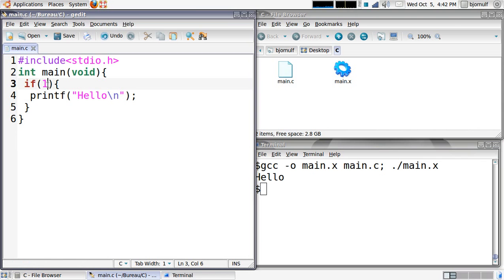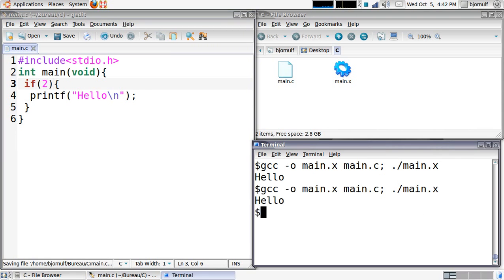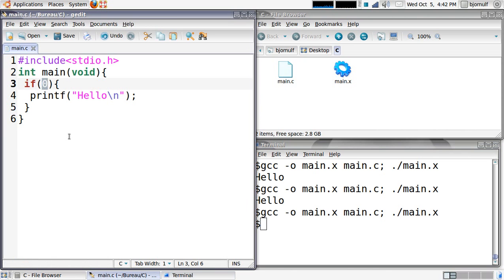1 is true, like I said. 2 is also right. But if you put 0 in it, it will not print anything, because 0 is considered as wrong. So this is important, but usually you don't use 1, 2 or numbers in there. You use